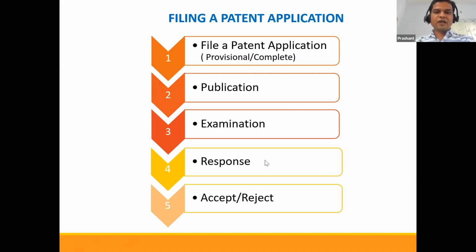If you file a response to the examination report, either your invention can be accepted as it is and granted, or it may require some modification in the claims or in the scope of your original invention and then be granted with some amendment, or the last option is that it will be refused. Of course, you have a choice to file an appeal or review petition against the decision of the controller. Those options are available, but individuals are very unlikely to opt for them. Usually companies go for filing an appeal against the controller's decision of refusing the application.